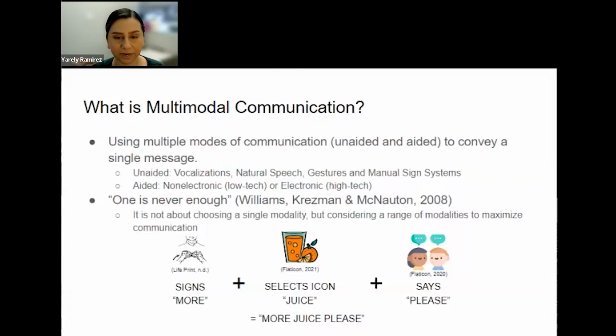As human beings, we technically use this mode all the time when we talk. As I'm doing right now, I may be using a lot of hand gestures to emphasize a message. Whenever I'm mad, I may be frowning, making faces so that the message can get across. So this is something similar to that.